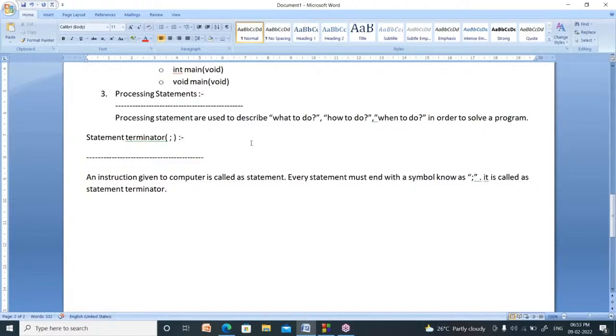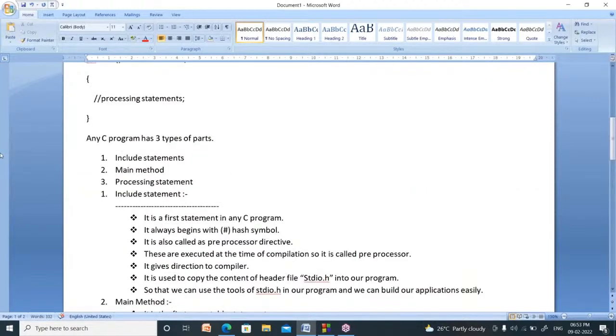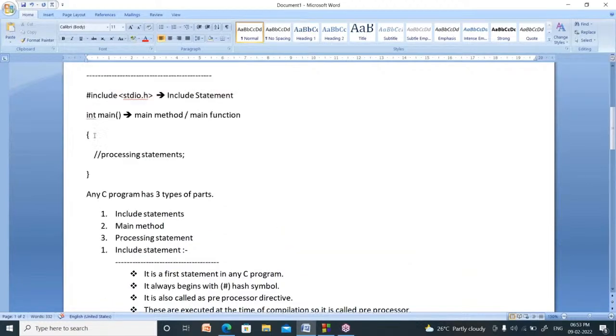Right. Now, in every C program, you use this symbol, this one. What is that? Am I audible? No voice from me? Somebody says no voice from you, sir.